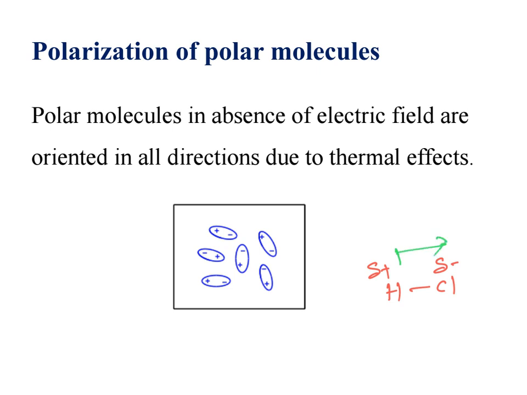That means already this polar molecule is having one positive end, another end is negative end, which is having permanent dipole moment. And in this diagram I am showing both positive and negative end. The polar molecule, in the absence of electric field, is oriented in all directions, which is having permanent dipole moment. Let's take this polar molecule, I keep in electric field. How will it be oriented?